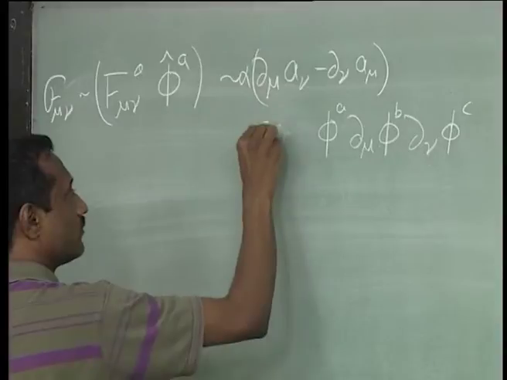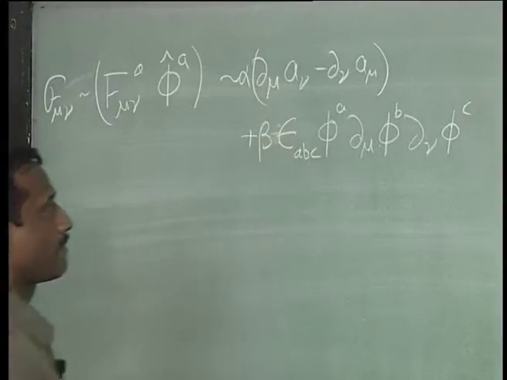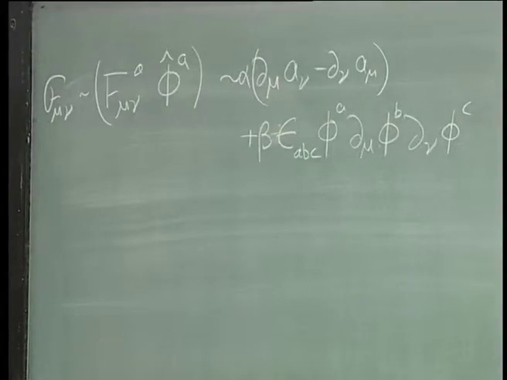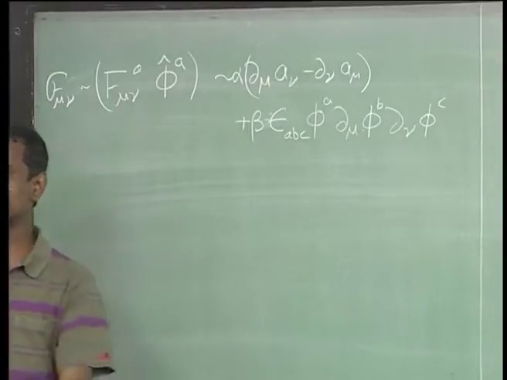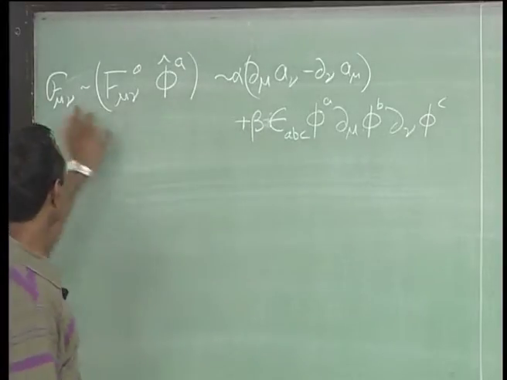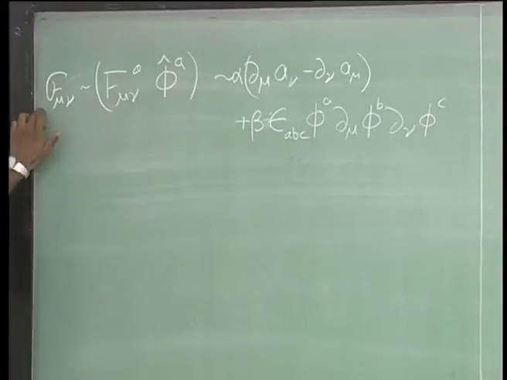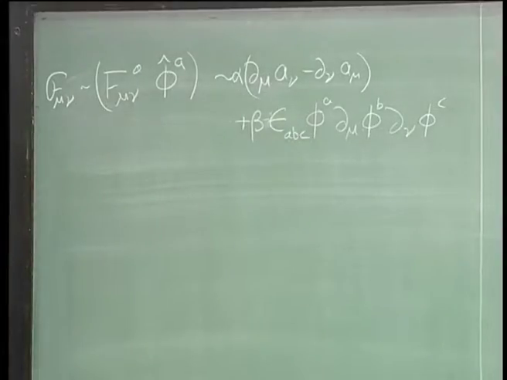So, let me write alpha and beta times this is precisely what we expected it to be. This is what appeared in the topological charge. So, it shows that you can really replace this guy with this guy, because this will not contribute